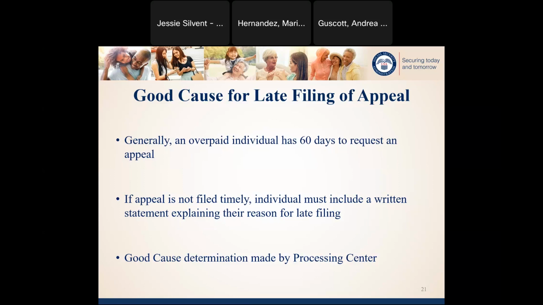We oftentimes have people who submit their appeal to the wrong government agency, but they do it in good faith, so we can accept it. Or they were provided incorrect information by an SSA employee regarding the appeals process or the time frame. So if the SSA technician finds good cause, the request for reconsideration will be processed, but if good cause is not found, the request will be dismissed and that person will be notified via mail.